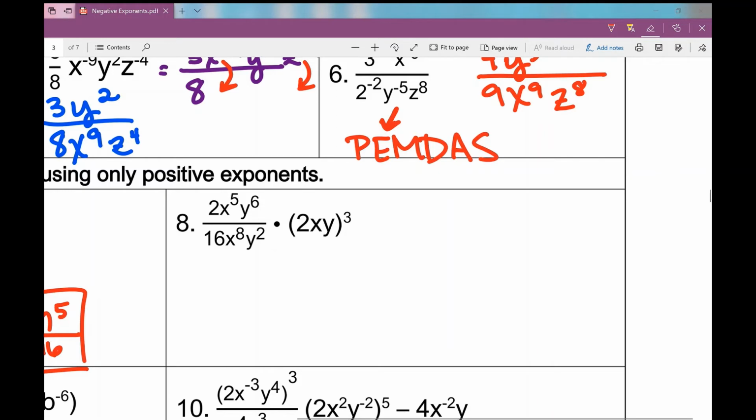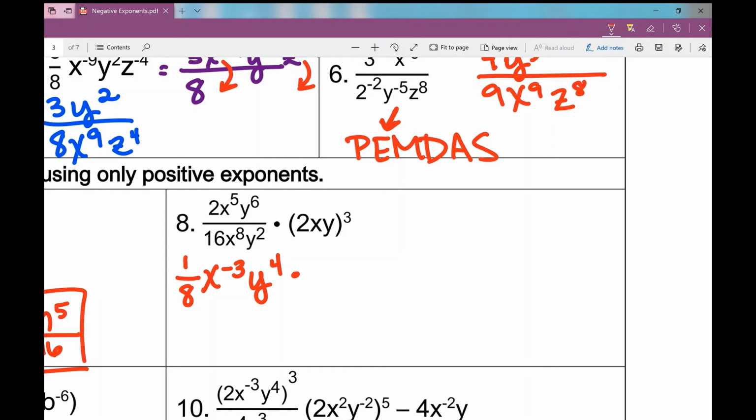So let's simplify this fraction up front. 2 over 16, that simplifies to 1/8. And then now I'm going to apply my quotient rule. X to the power of 5 minus 8 is negative 3. Apply my quotient rule to the y's. 6 minus 2, what do I get? Y to the 4th. Times, and I'm going to go ahead and simplify this other term over here using the